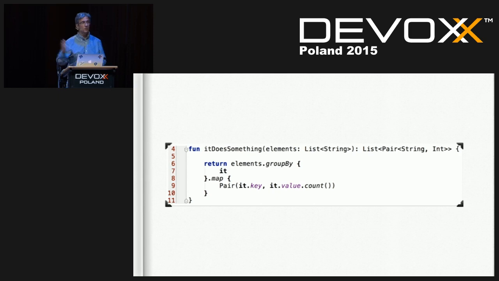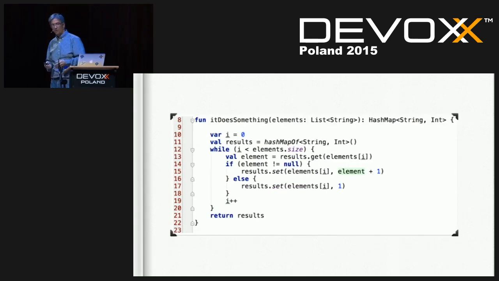It is the same as Groovy, if you're familiar with Groovy. That's basically a Lambda expression. Group by is a Lambda expression. When a function in Kotlin has a single parameter, you can reference it by it. You don't have to be explicit. Having known that syntax, more or less you know what it does. A group buys an element, and then it maps that to a pair. Whereas this is a little bit more complicated to reason about.